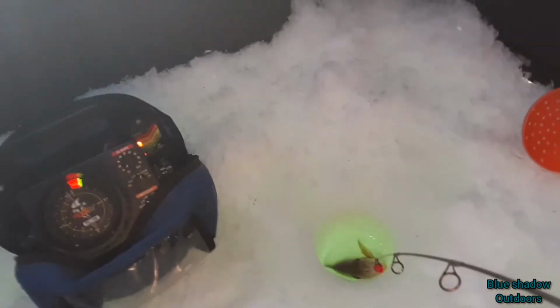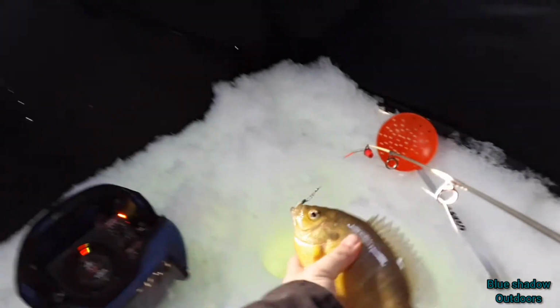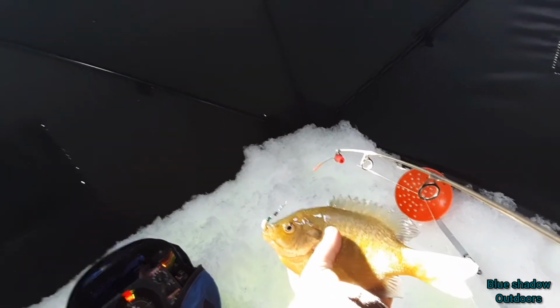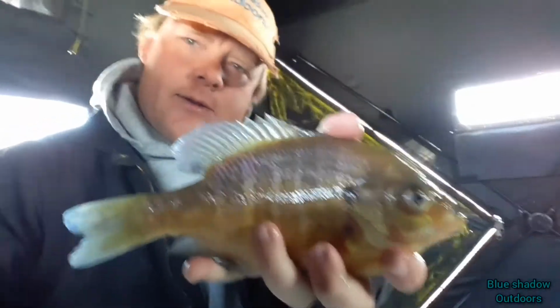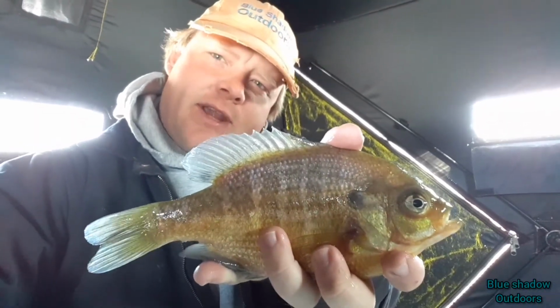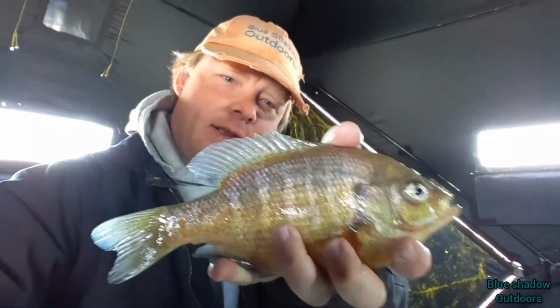Oh yeah, switching to that green really sure is helping out a lot here. That is a nice, probably another 8.5-inch bluegill right there. Would have been a good eater if I was keeping. Yeah. So, another 8.5-inch bluegill. We can't seem to get bigger than that, but it is a rough day, so they just don't